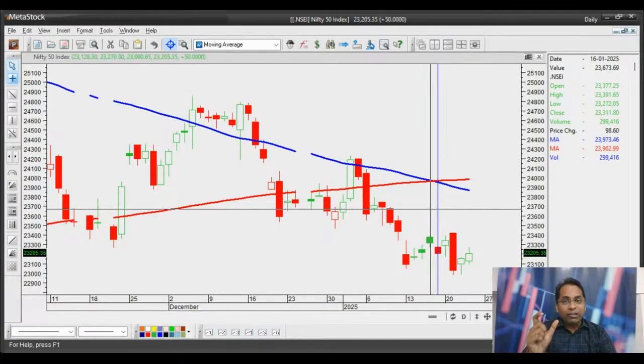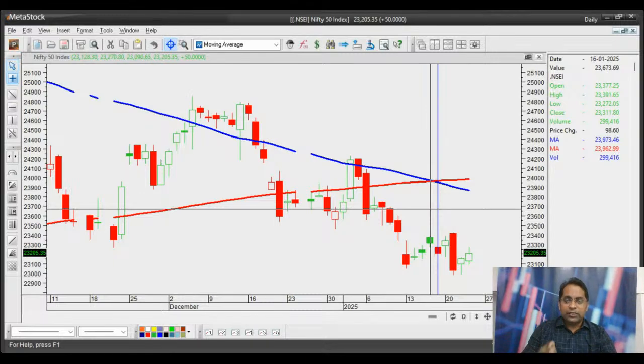Now the term death crossover. Death एक ऐसा word है जो when you put this into parlance of technical analysis, the understanding could be extremely negative. एक negative feeling आती है when you hear the word death crossover. But the idea of putting this word as death crossover is it's the death or an end of a particular trend. In this case, it's an end of a bullish trend and a shift towards a bearish sentiment.